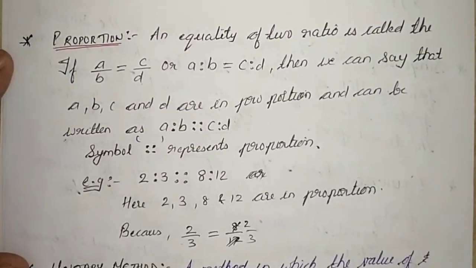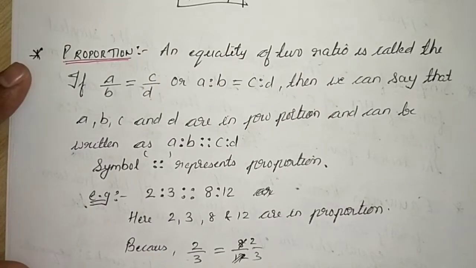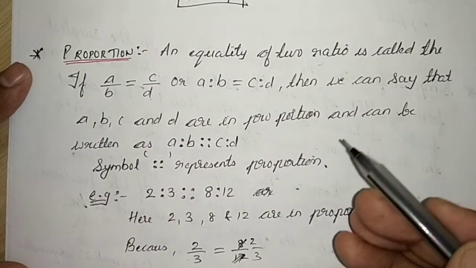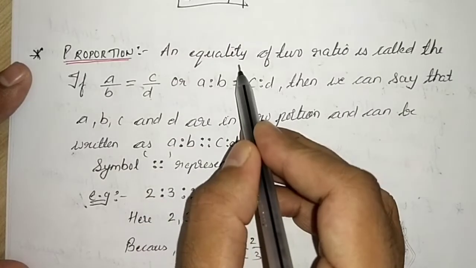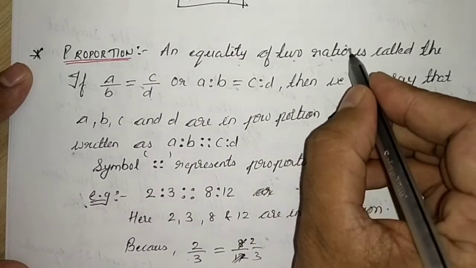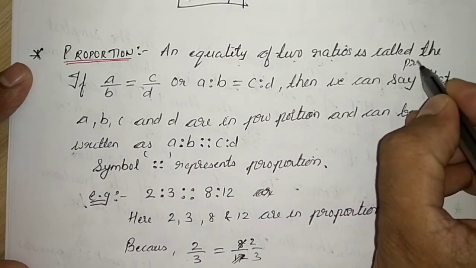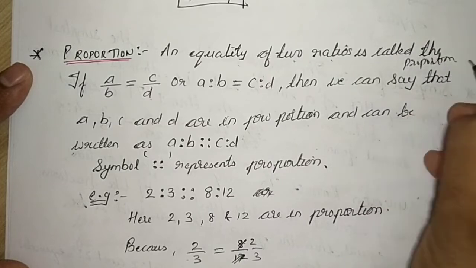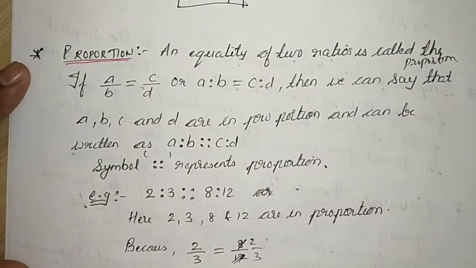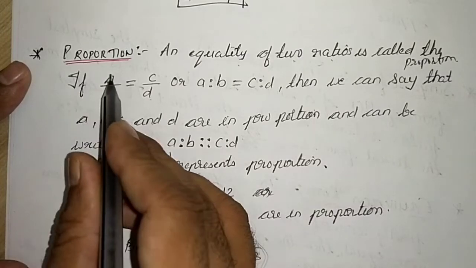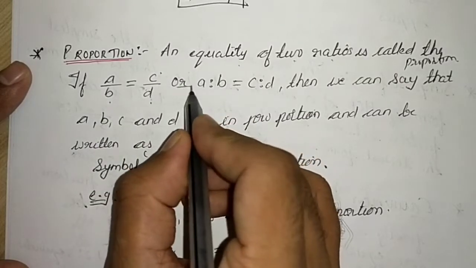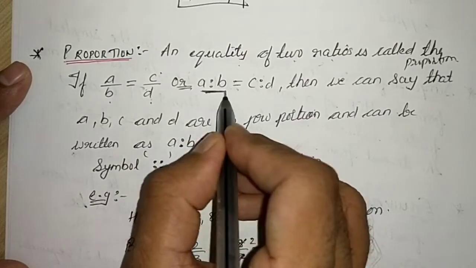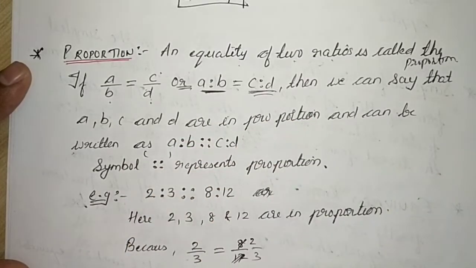Moving to proportion, let me first give you the definition. What is called the proportion? An equality of two ratios is called the proportion. Not understood? We will try with example also. Let us say if A divided by B is equal to C divided by D, or A is to B, one ratio is equal to the other ratio,